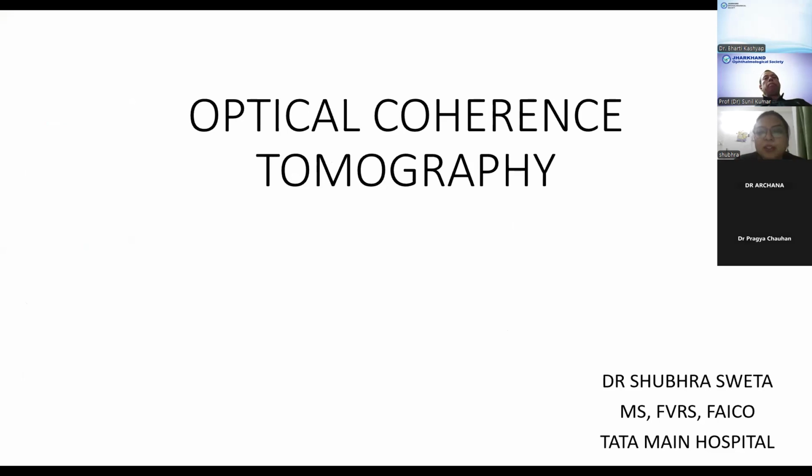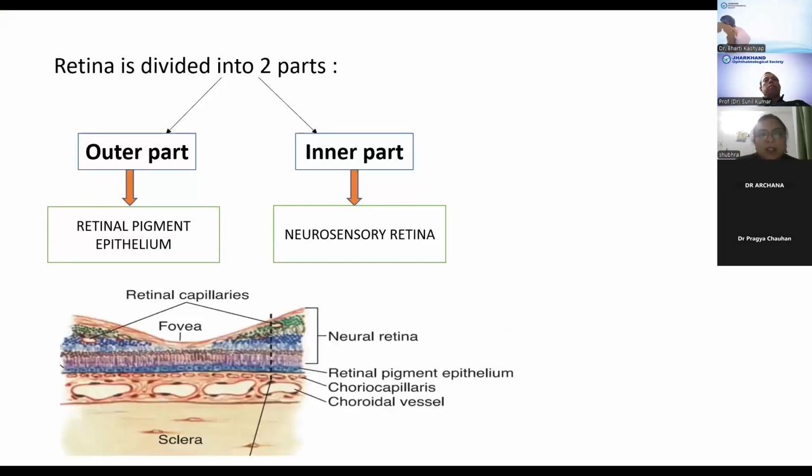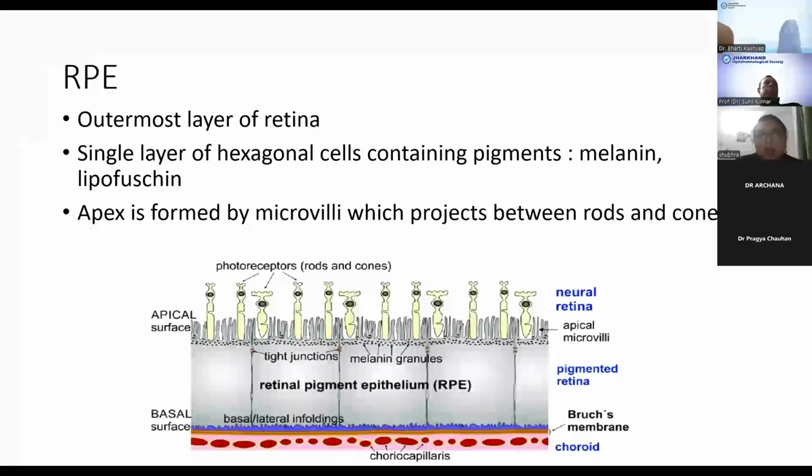So good evening, everyone. The first talk for today is on OCT, that is optical coherence tomography, and its usage in retina per se. So retina is divided into two parts, as you all must be knowing. The outer part, which is composed of the retinal pigment epithelium, and the inner part, which is known as the neurosensory retina. So the RPE is the outermost layer of the retina, and it is a single layer of hexagonal cells, and it contains the pigments, that is melanin and lipofuscin, which is again used in what we call as